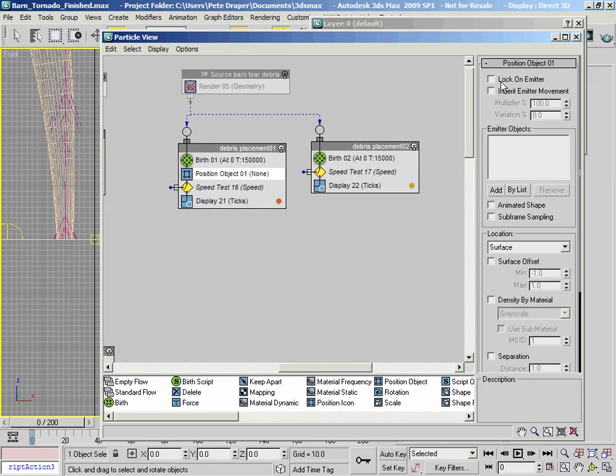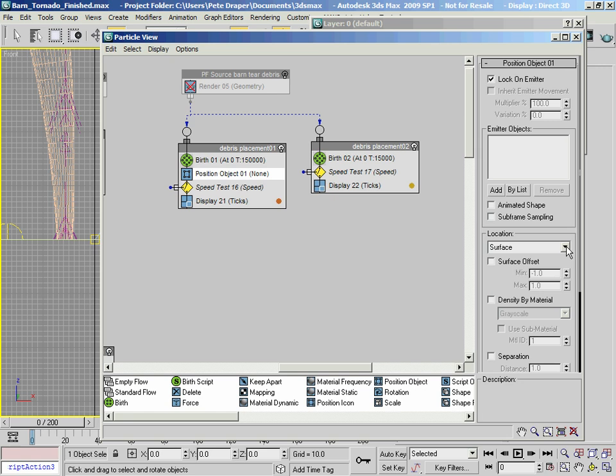We need to enable this one here, lock on emitter, and then we need to load in all the objects into this one over here, but first we need to say where the particles need to be located.